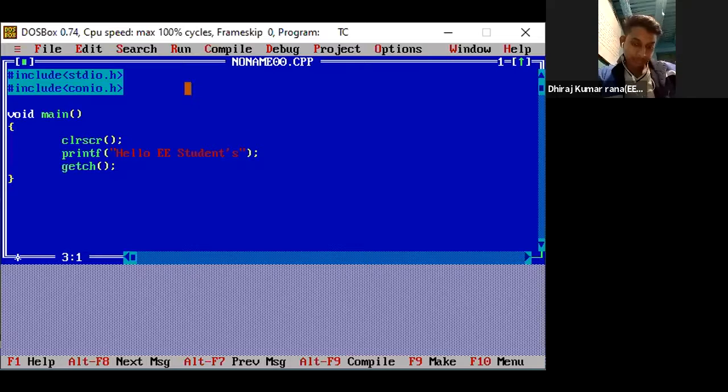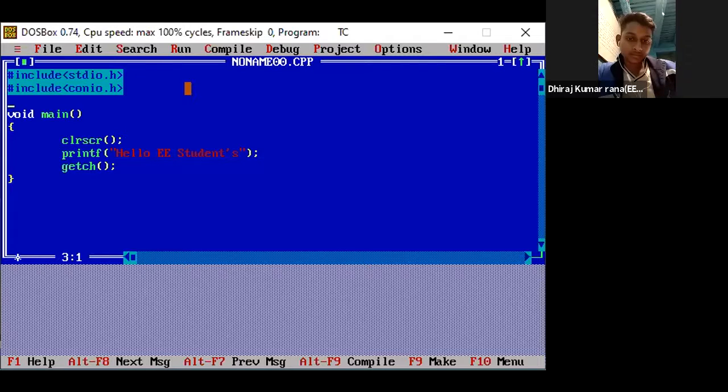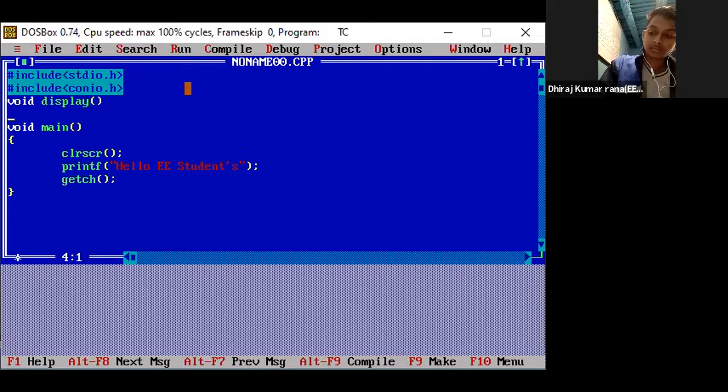Before I explain anything, I would like to explain to you all about the method, because methods are very important. The simple one I'm going to write is void display. So this is the method, display.